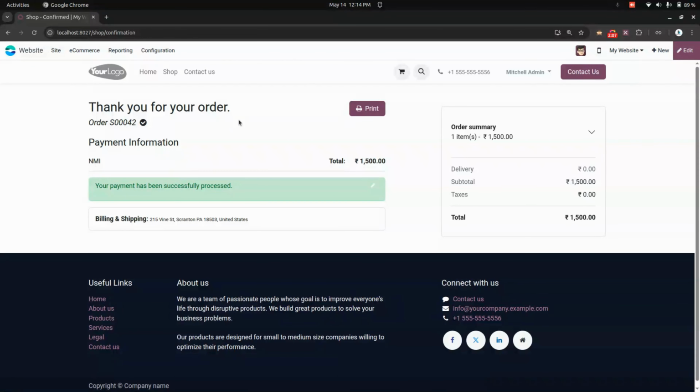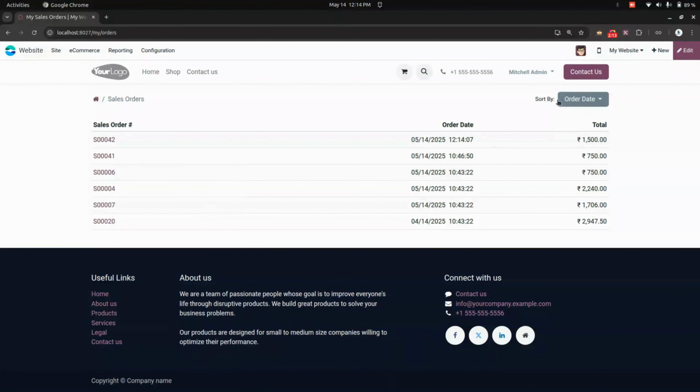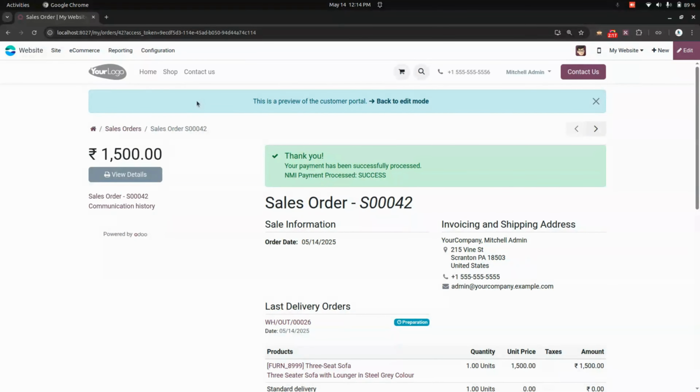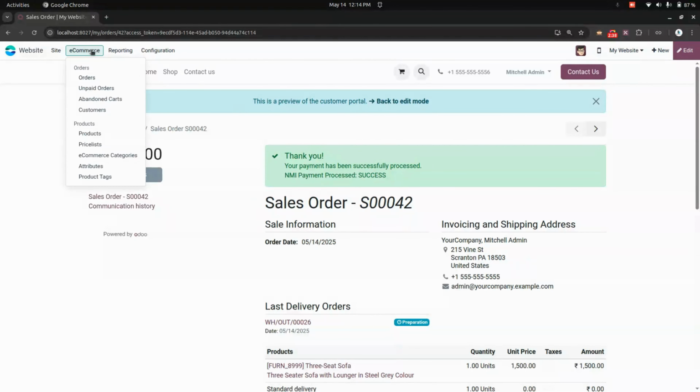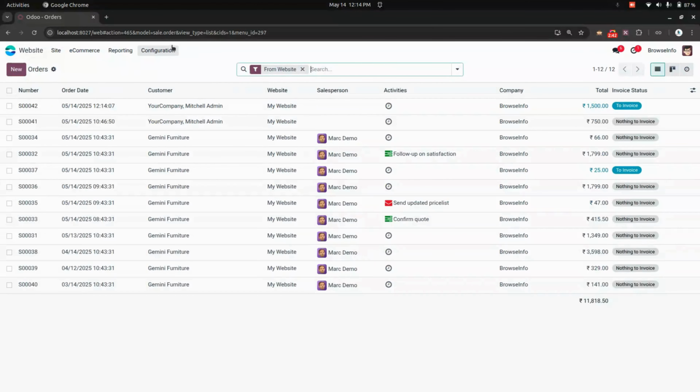So let's get into the backend, and if you need to see the same orders, you can see an option to see all the orders. So in this you can see a list of orders, where you can see an NMI payment was made successfully from the website page. Now let's get into the backend. For that we need to get into the orders, where you can see the order,